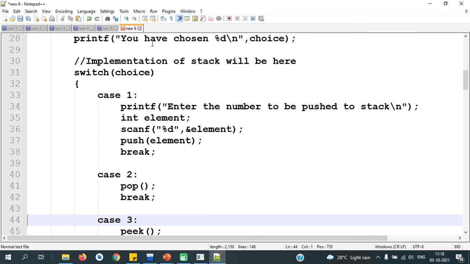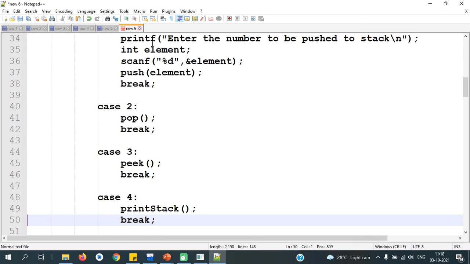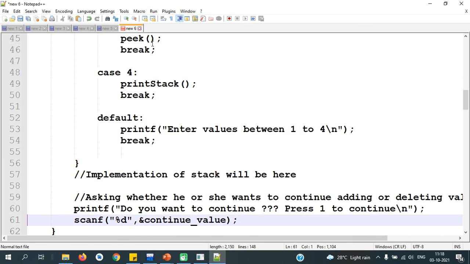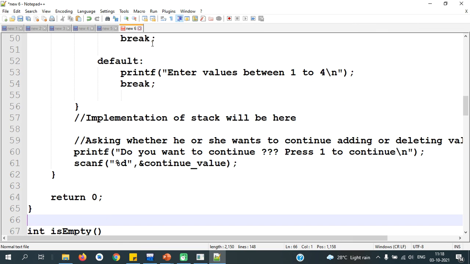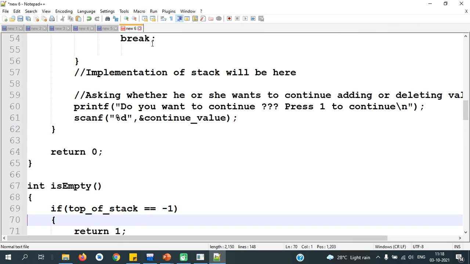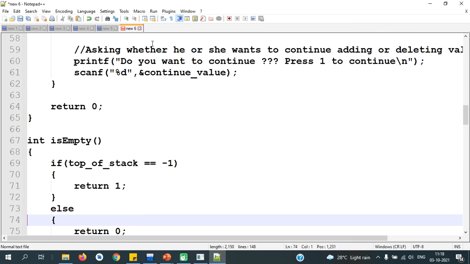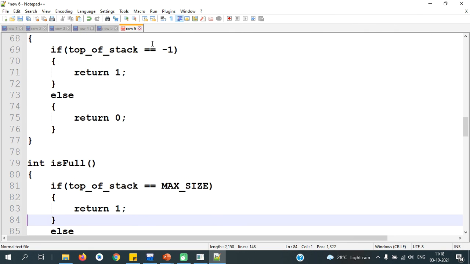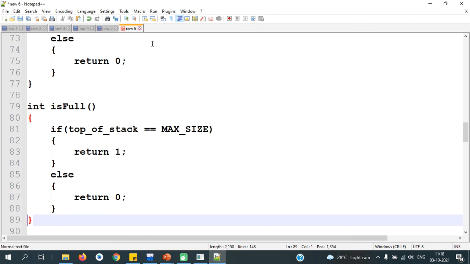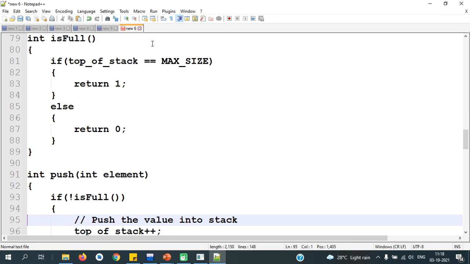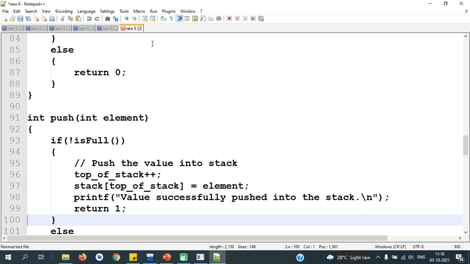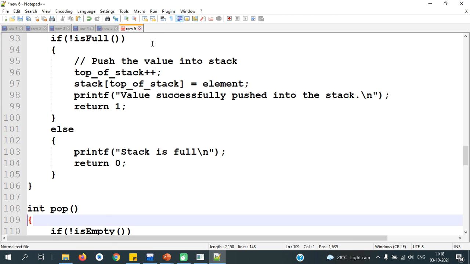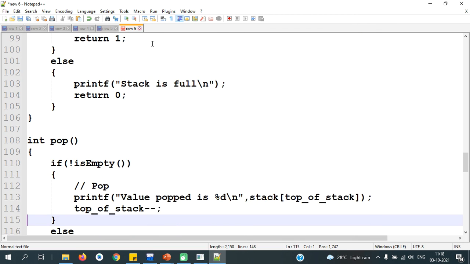If you completely copy this code and run, it will get executed. It's more than 100 lines of code.